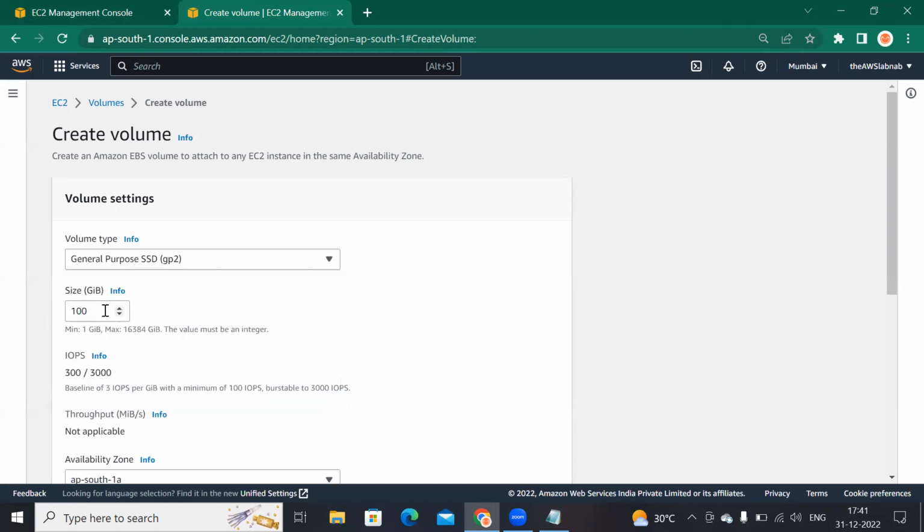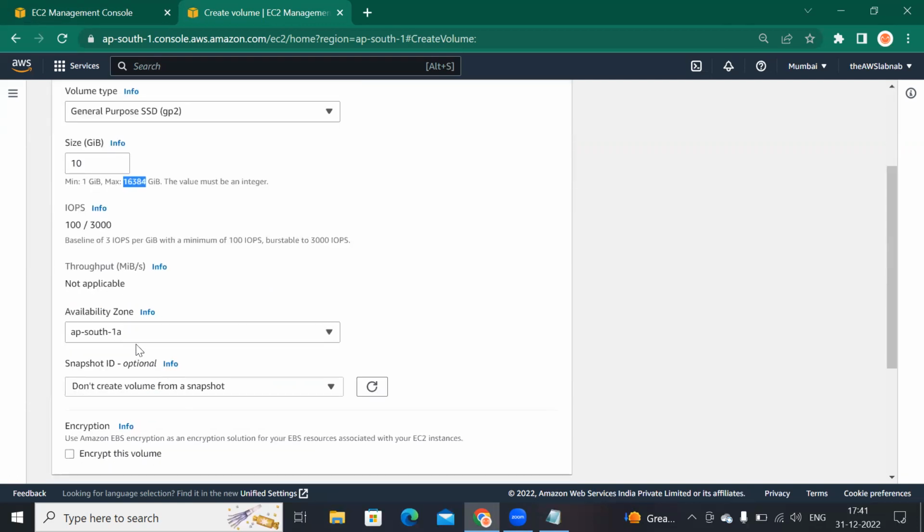And here you can mention the size of the volume. Since I have a restriction to use 30 GB of free volume, I'm going to reduce it to 10 GB, right? But here there is a limit. Minimum you should specify 1 GB and maximum you can specify 16,384 gigabytes of volume. Okay, so here IOPS, this is how many input outputs per second,